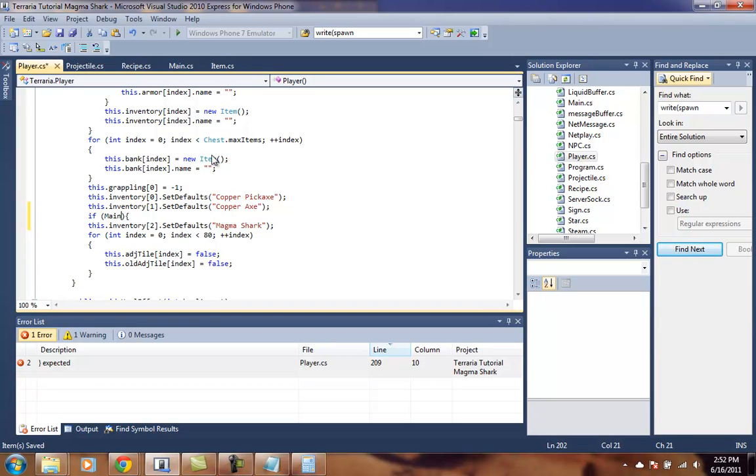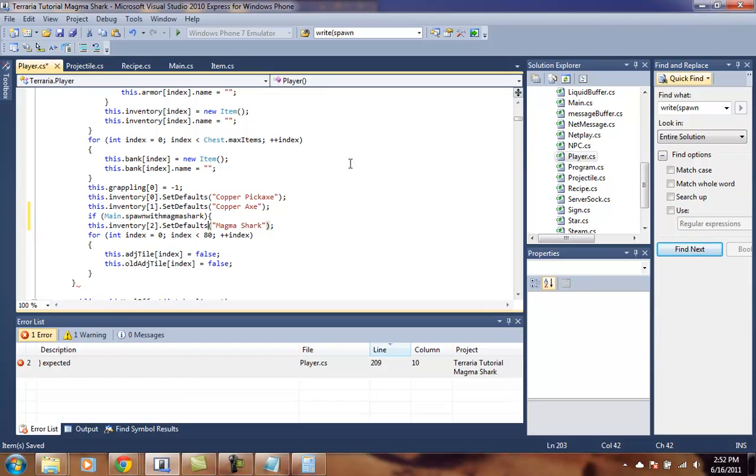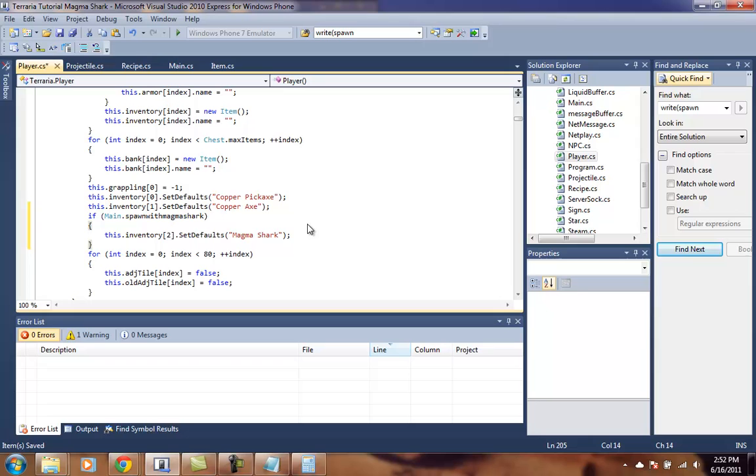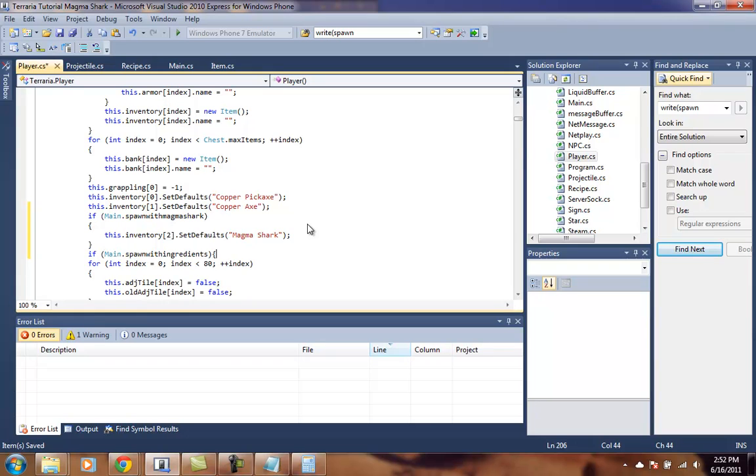If main, which is in the main class, and I just pointed the screen again, if main.spawn with Magma Shark, it'll do that. Otherwise, do nothing, right? And if main.spawn with ingredients,